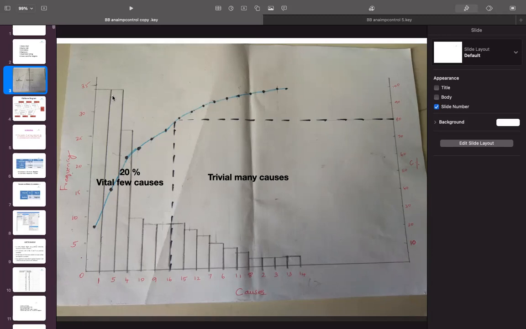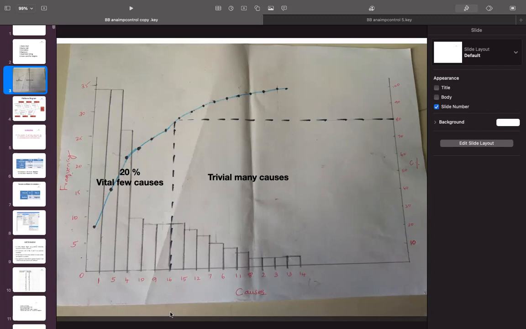So first, what did we do? We were drawing the bars. The first thing is we were drawing the bars based on the frequency, right? So after drawing the bars, we have to mark the dots for the cumulative percentage. For each cumulative percentage, we have marked the dots here, and we are connecting all the dots together to form a curve. Then we have to draw a horizontal line at 80%, and wherever it touches the curve, you draw